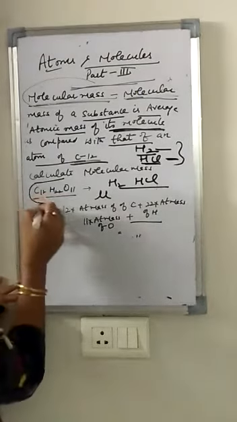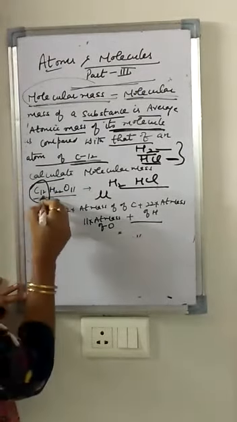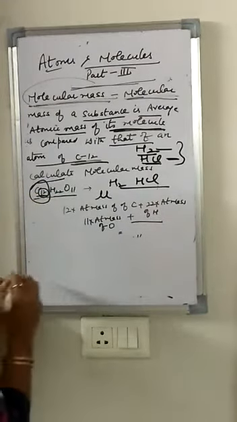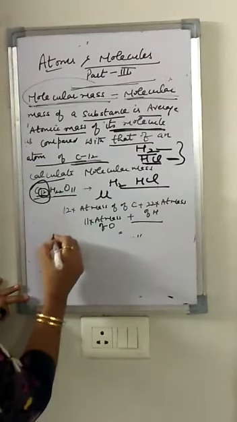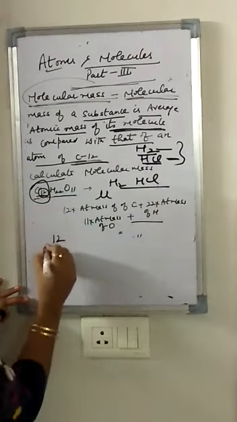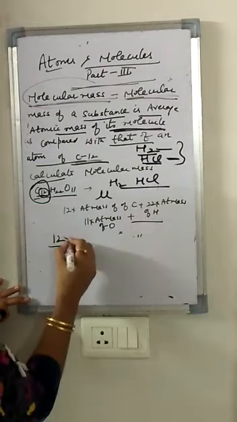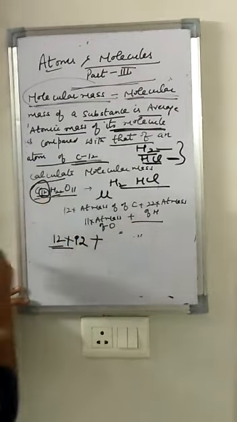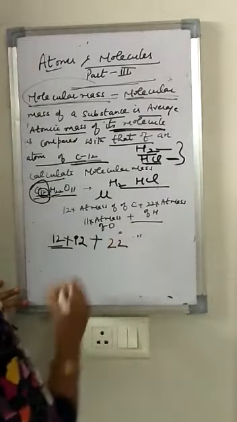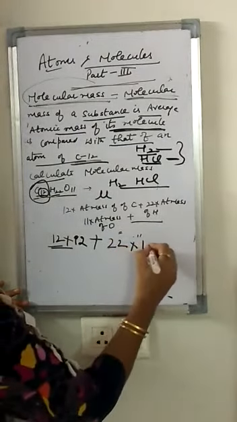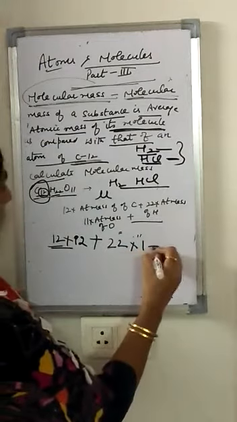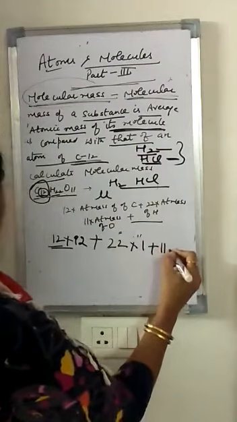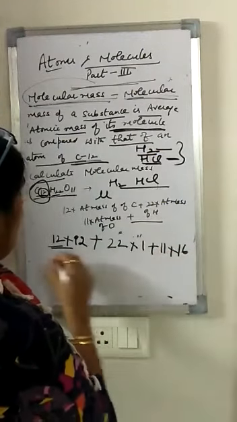We will take the mass of each and we will multiply it with this number and then we will add it. Carbon is 12, carbon 12 and the atomic mass of carbon is also 12. Fine. Plus then we come to hydrogen. How many hydrogen are there? 22, children. And the atomic mass of hydrogen is 1. Then we come to oxygen. Oxygen is 11 and the atomic mass of oxygen is 16.